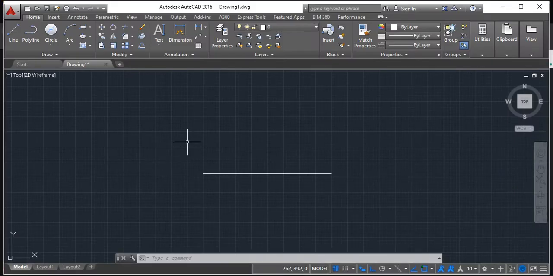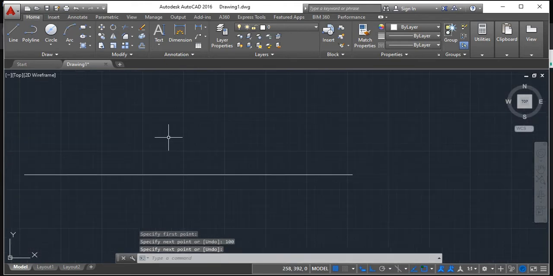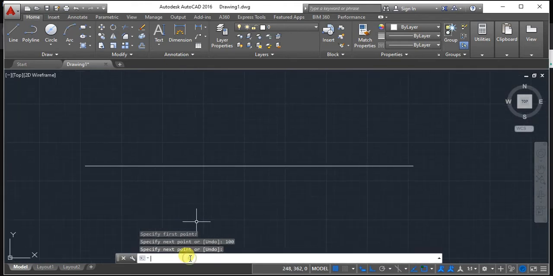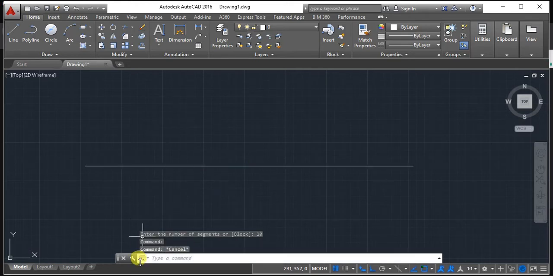I just made a line of 100 mm, and I want to divide this line into 10 equal parts. So the command to use is DIV, divide. Click on that, select this object. It will prompt you for the number of segments. I'll just give 10, but technically you cannot visualize this unless you mark the points.